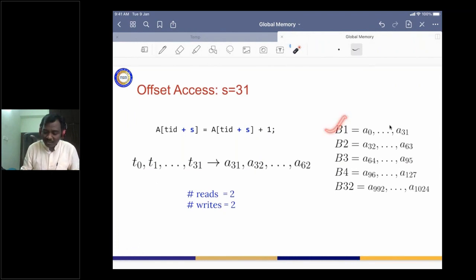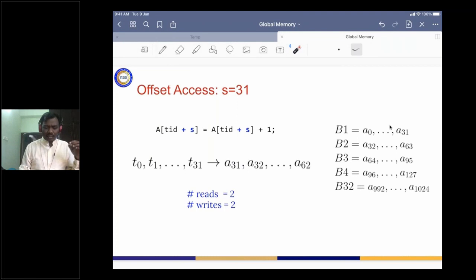Block 1 consists of A0 to A31, Block 2 consists of the next 32 elements from A32 to A63, the next block consists of the next 32 elements, and so on. Let us think of 32 blocks being available, so we have 1024 elements, or 1023 possibly.